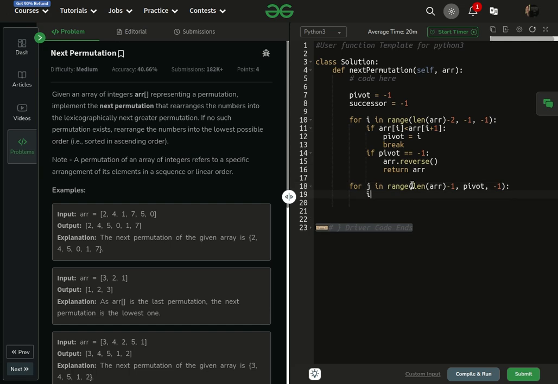If array of j is greater than array of pivot. So here we have to find, like, this element is the one in this case. In this scenario, this is the pivot, then again we will traverse from right to left and we will find our successor. So we have to find the value that is larger than the pivot element, but the smallest such value. Okay,